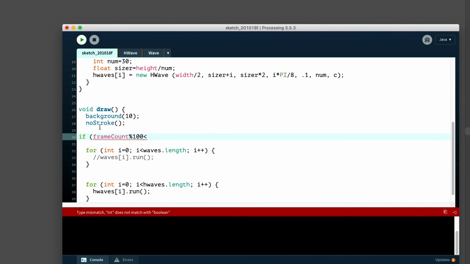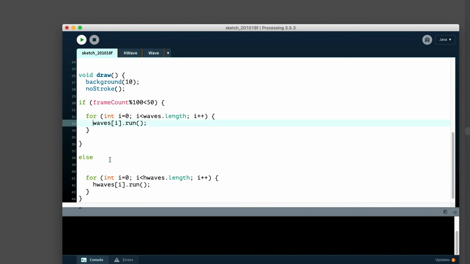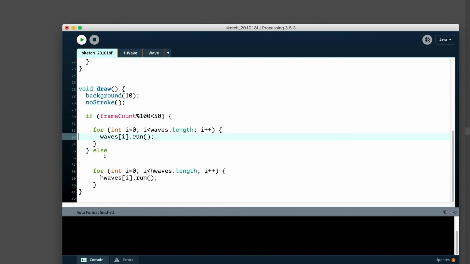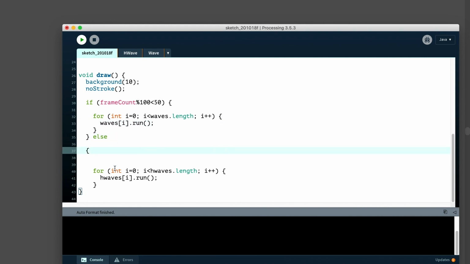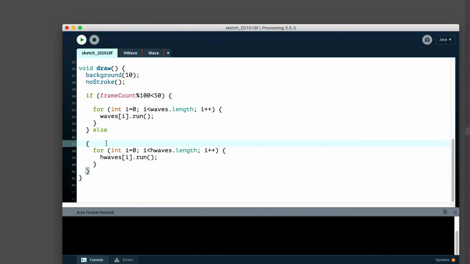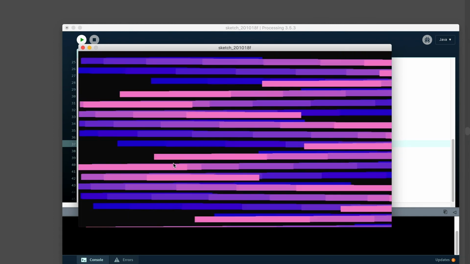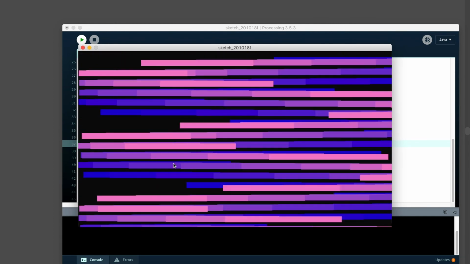So maybe I'll say if it's less than 50, run this code. Else, so you're seeing that I'm starting to frame these conditional statements around other loop statements that I've written. If the modulo is less than 50, then run this. Otherwise, run the other one. So it's either going to be vertical or horizontal waves. It switches, and this is a way for me to just have a timer that kind of moves around.